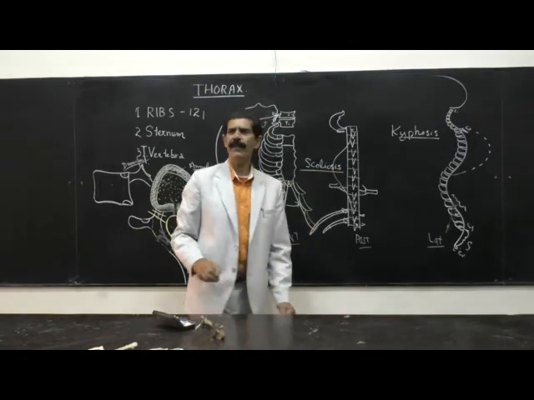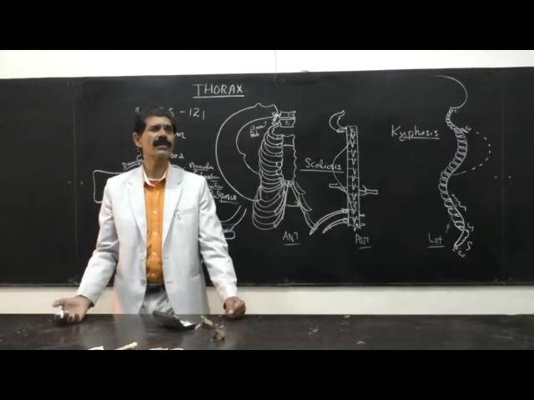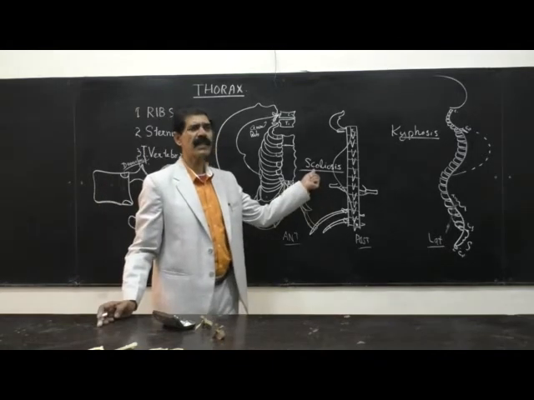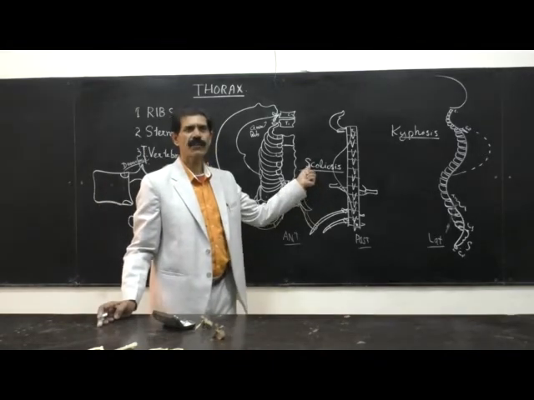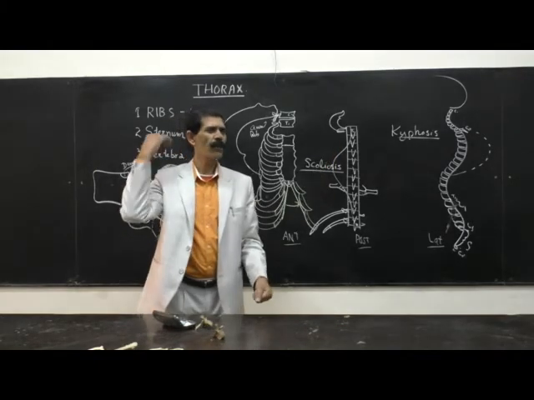They are the handicapped people. Maybe it may be combined also. That is called kyphoscoliosis. Scoliosis means S means side. How do you remember S for side? And K for kyphosis means K for kyphosis.